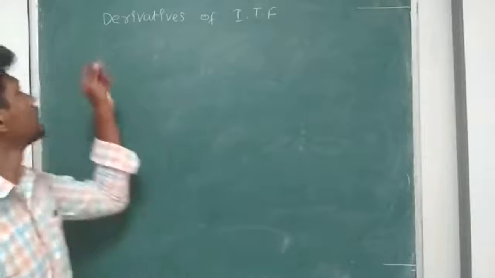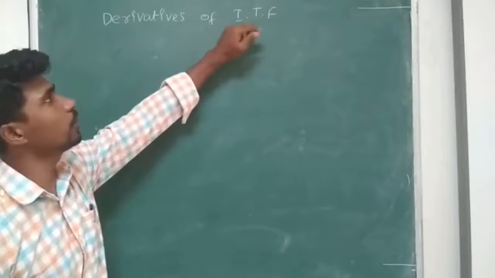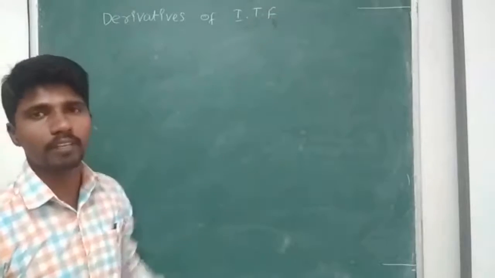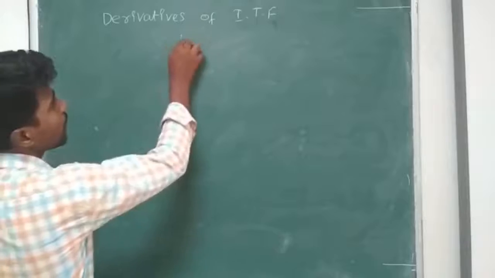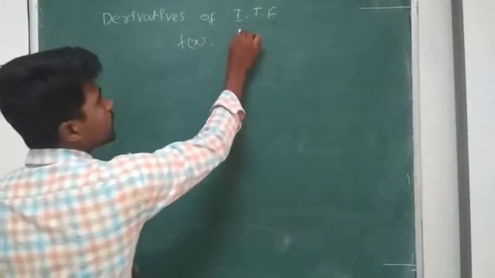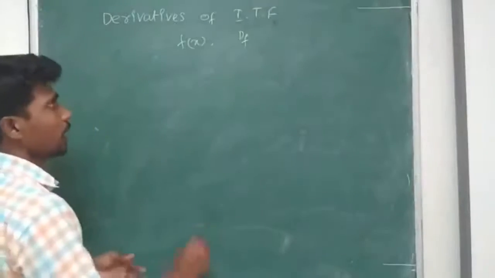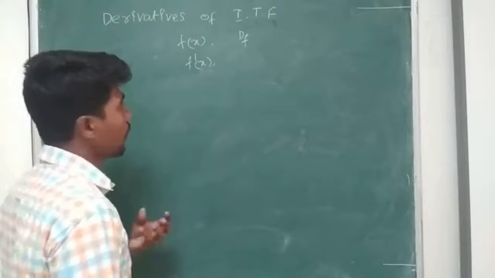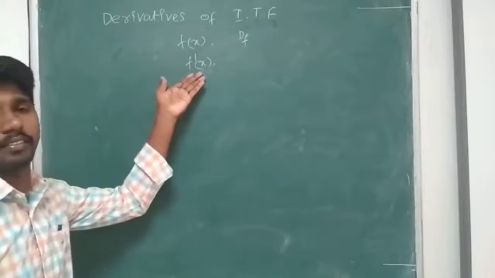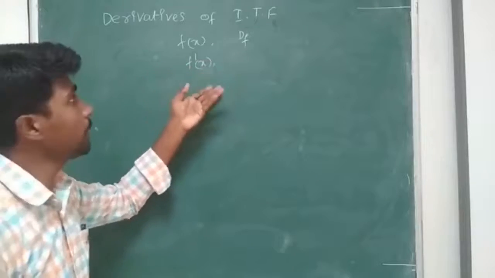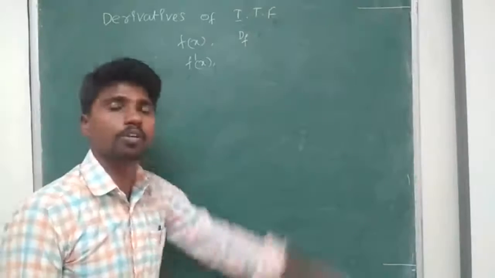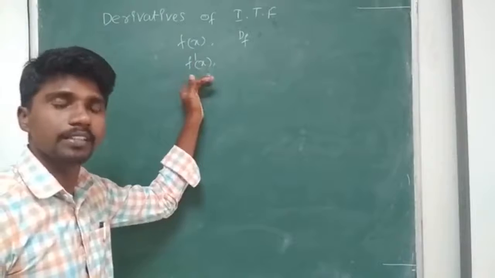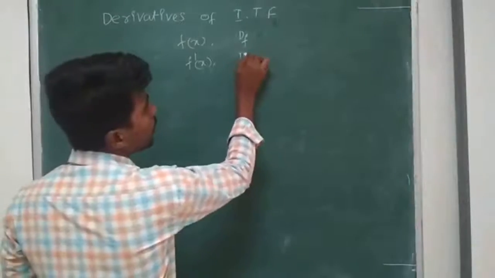We shall start derivatives of inverse trigonometric functions. Before going to inverse trigonometric functions, if I have a function f of x whose domain is D_f, and if I do differentiation, I get f dash of x. So f dash of x exists in a particular domain. It may be equal to its domain or may not be equal to its domain. For what values of x f dash of x exists, we call it as the domain of